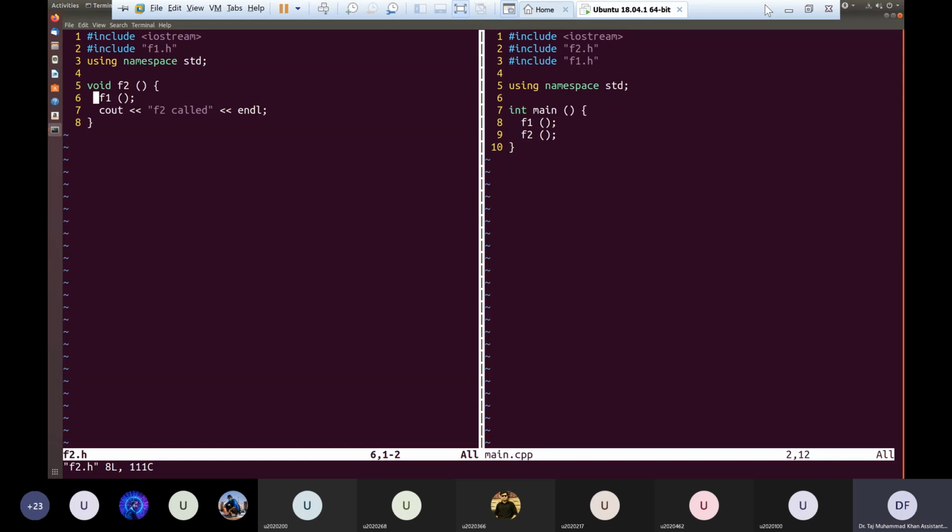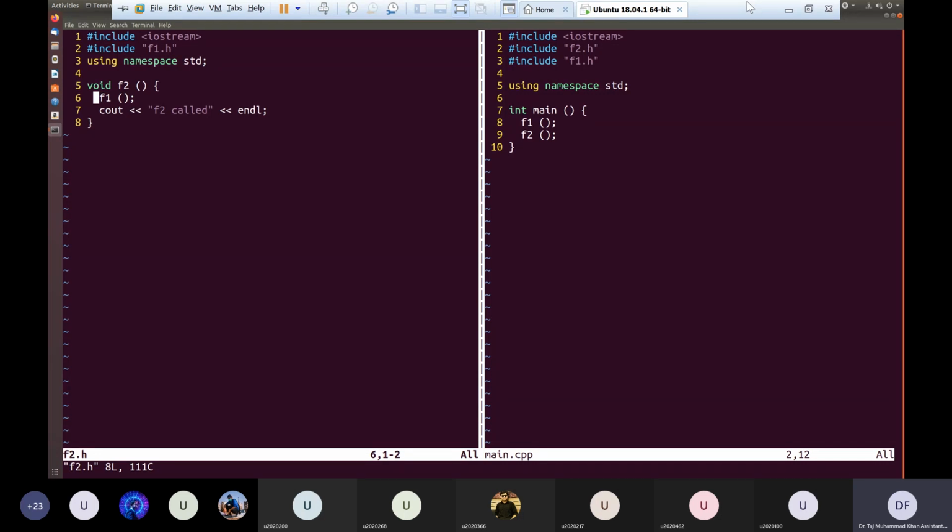By including F1.h, we are re-including a definition of F1 in F2 also. So in main, on lines 2 and 3, the function F1 is being defined twice. First by F2.h, which is including F1.h, so it is bringing in the definition of F1.